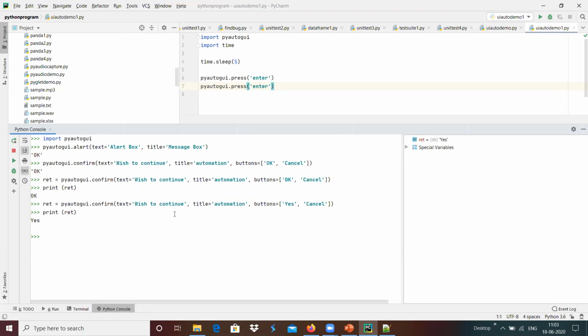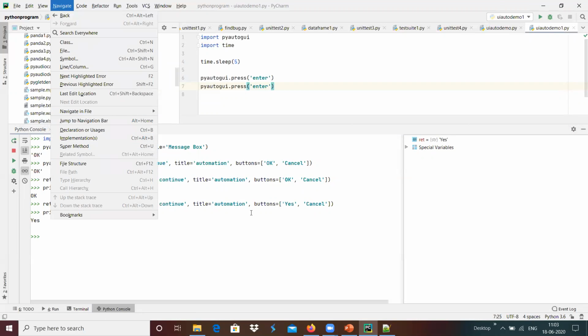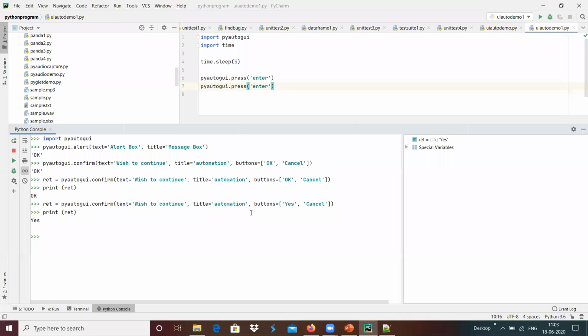Now we have seen how, with respect to the cursor, we have moved to this point and generated that event. But the thing is, in real time, when we are doing this on some machine, the position can be 100, 40, and 20 over here. Some machine will have a bigger size, and it can be 60, 10, 20 like that. That can be a different location.